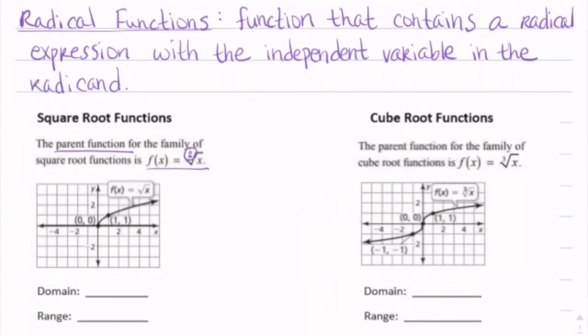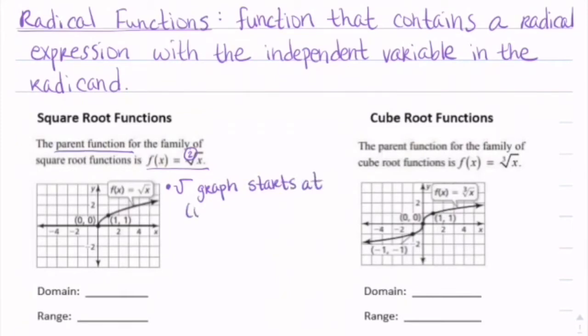So let's talk about the graph. You'll notice that the graph starts at 0, 0, and it continues kind of up and to the right. So it's going towards positive infinity in the x and the y direction. So the graph, the square root graph, starts